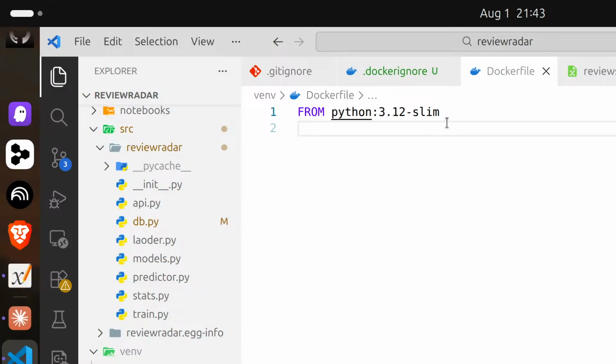So you see, Dockerfile is one of the most important files you will write in DevOps or MLOps. You can think of it as a recipe, just like a cake recipe tells a chef how to make a cake. So also Dockerfile tells Docker how to make an image, right? So first you create a Dockerfile, then you run a command called docker build, then it will create an image,